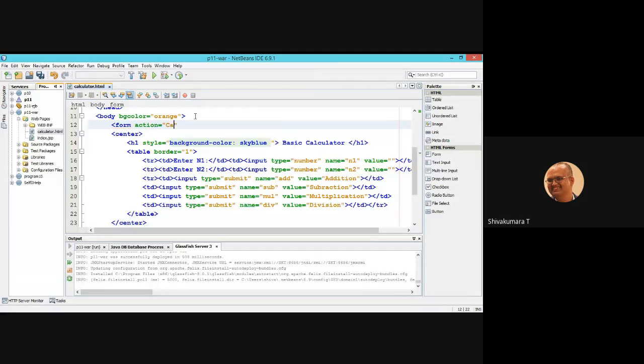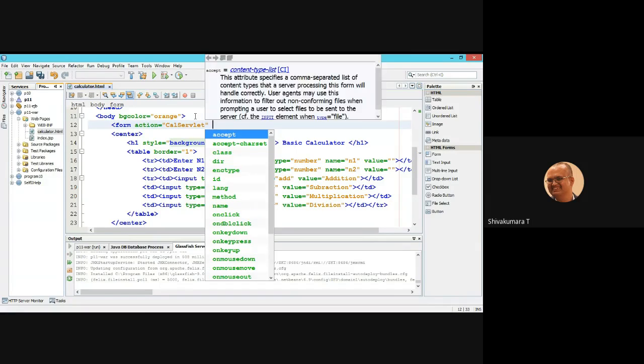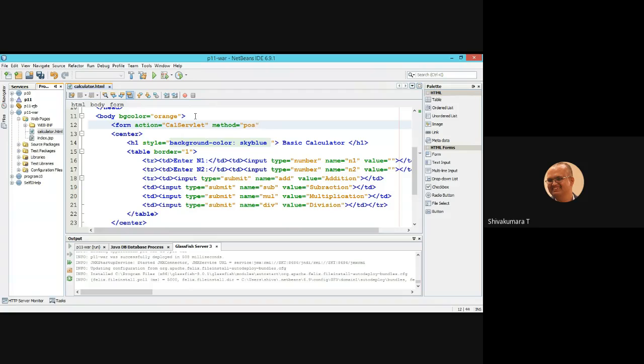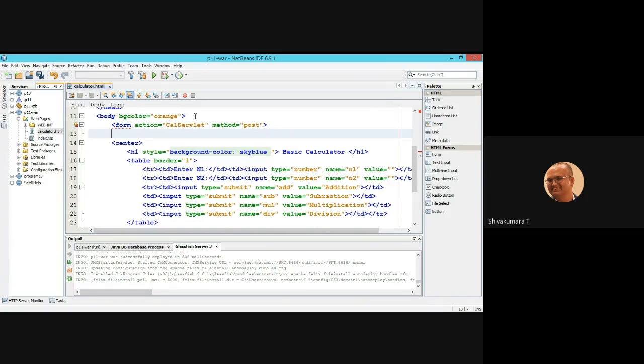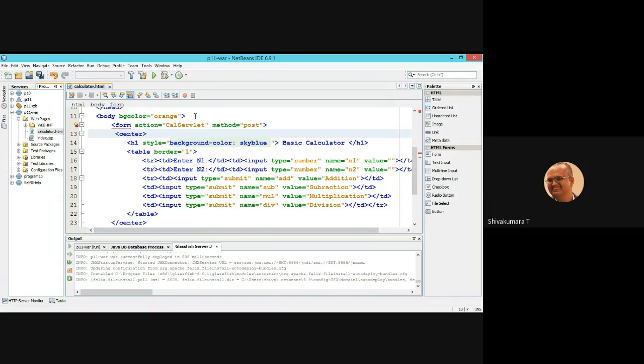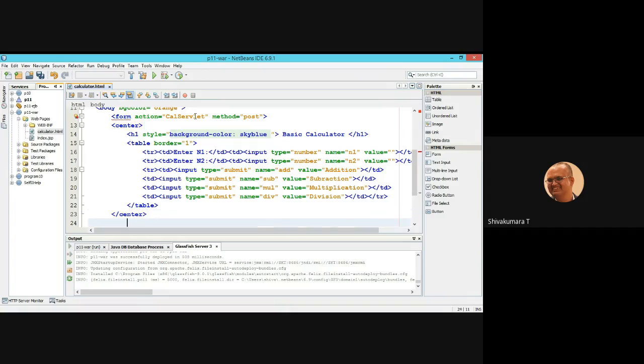You can give the name CalServlet, CalServlet, method equal to post. Okay.